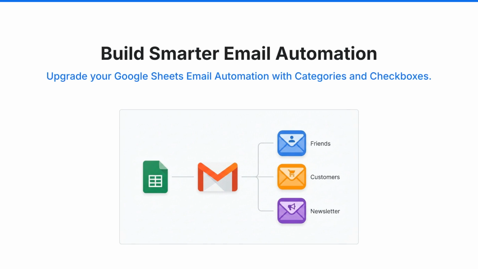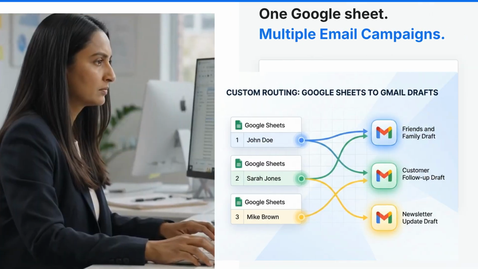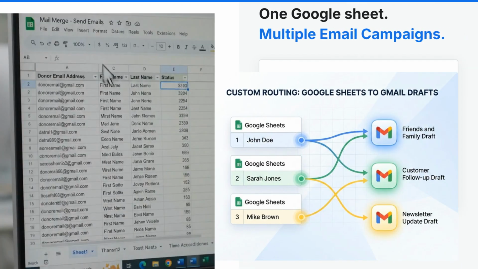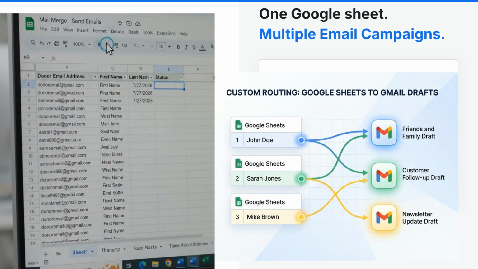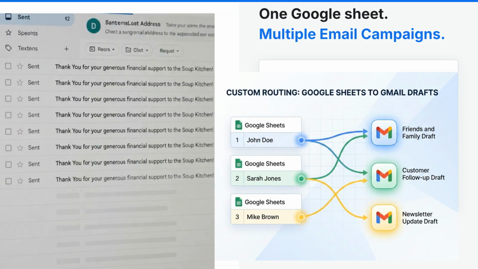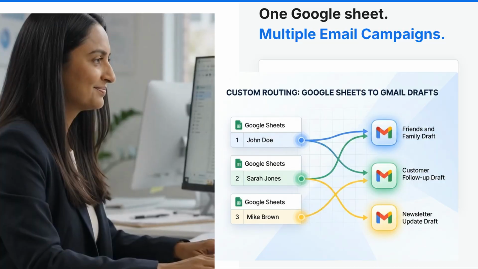This video explores how to build smarter email automation by upgrading your Google Sheets and Gmail workflow with categories and checkboxes for better control. In the first tutorial, we built an automation that sends personalized emails from a single Gmail draft. Today, we're making it much more powerful. Instead of sending generic emails, you can now use a single spreadsheet to route personalized messages automatically, ensuring every recipient gets the right